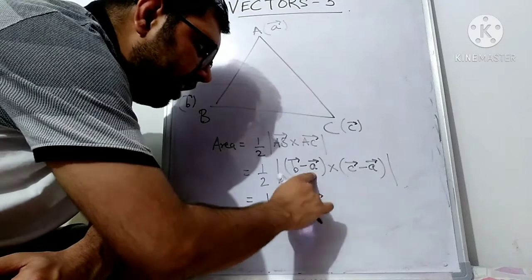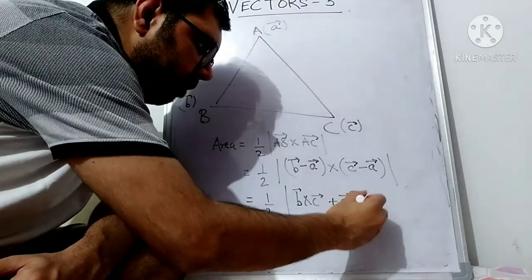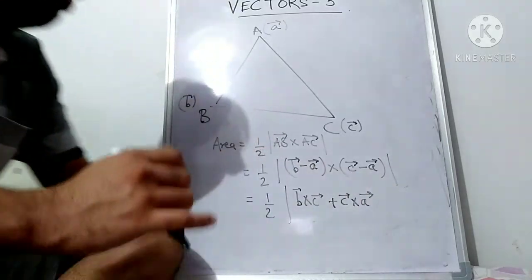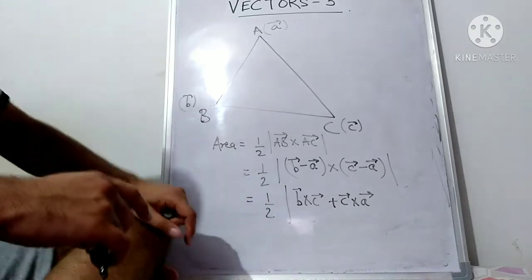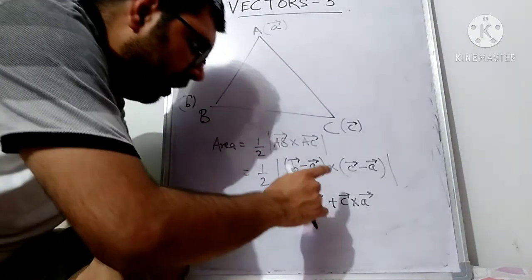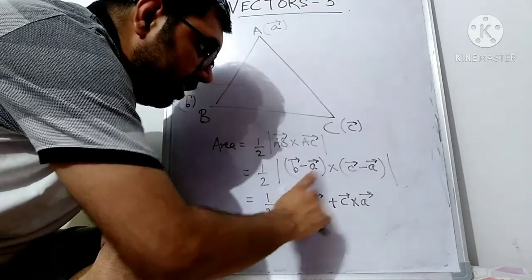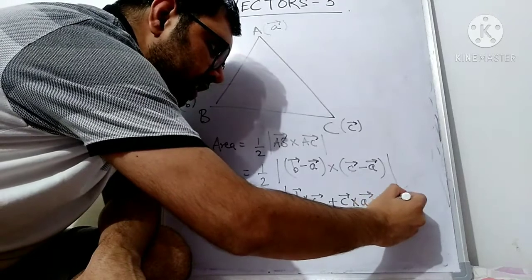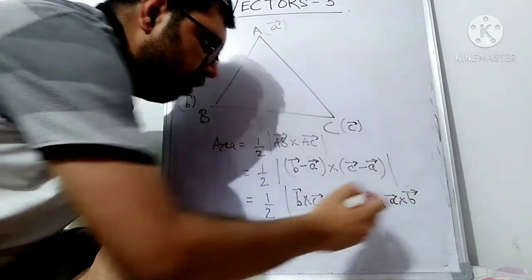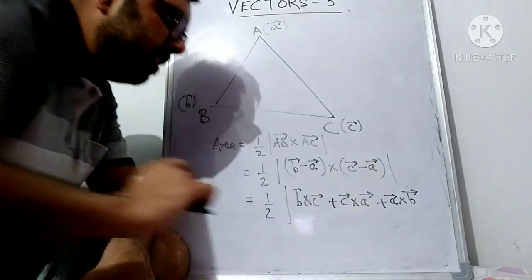Minus A cross C, if I want to interchange the terms, I will write plus C cross A because the minus sign will be adjusted. Then we will get minus B cross A. If I multiply this and this, minus B cross A, in order to adjust that, I will get plus A cross B. And then minus A cross minus A. If I multiply minus A cross minus A, it becomes A cross A.